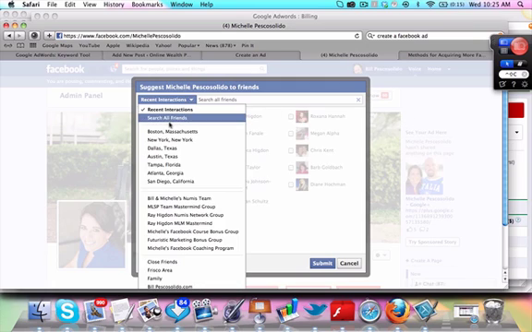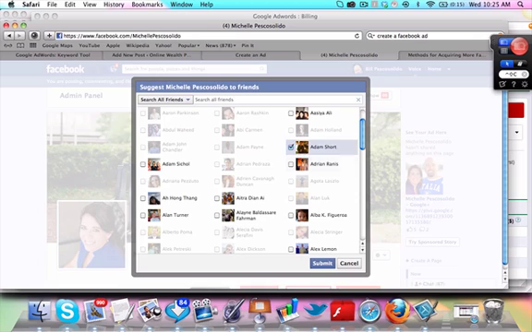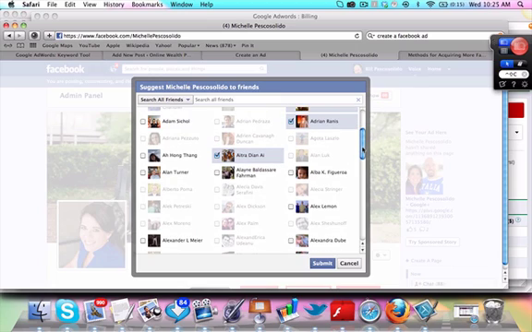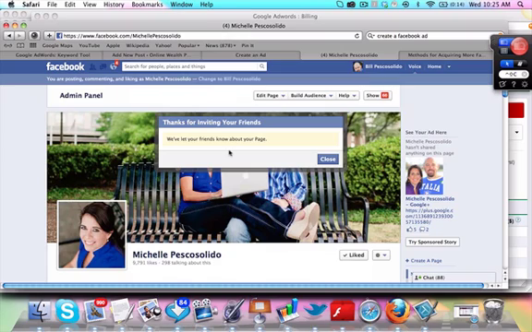And if you come up here, you're going to go on search all friends, and all you have to do is just come through here and click on people that you know are on your personal page. Now, these are people that have requested me as a friend on my personal page, and I went ahead and accepted them. So I'm going to go ahead and just tell them, hey, Facebook, notify these guys that I have a fan page, and all you have to do is just come through here and click on them just like this and click submit. And once you click submit, Facebook is now going to let your friends know that you have a fan page, and it works